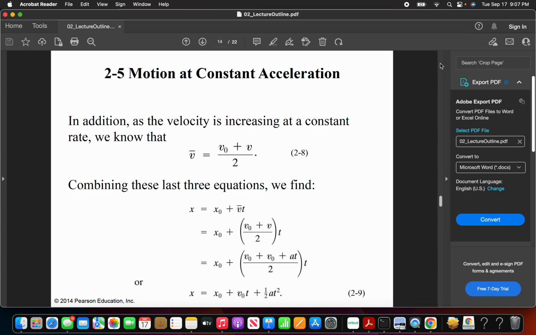So if we do some basic algebra and rearrange some equations and do all of that, then we arrive at